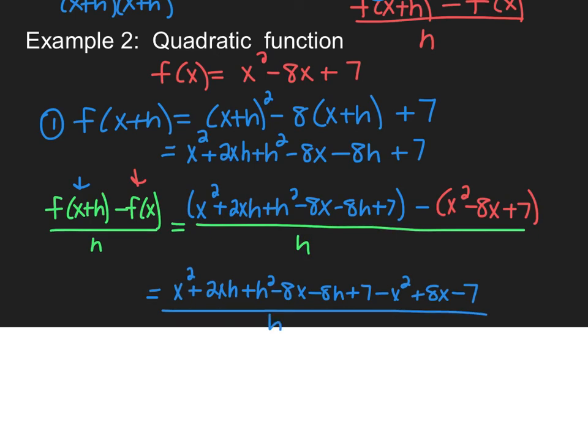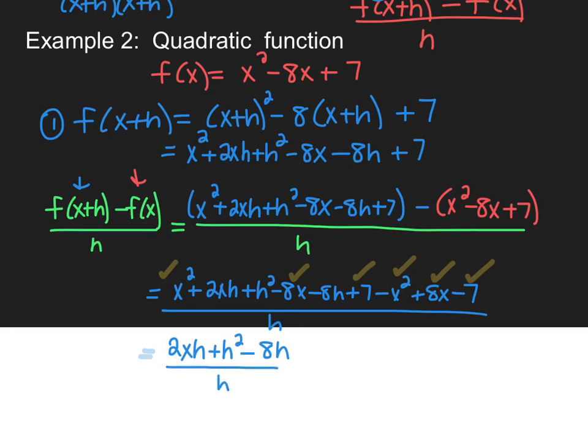Once all our parentheses are gone, we can start canceling stuff out. I see a positive x squared and a negative x squared. I see a negative 8x and a positive 8x. I see a plus 7 and a minus 7. When those cancel out, it leaves us with 2xh plus h squared minus 8h